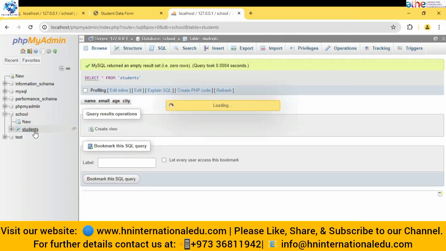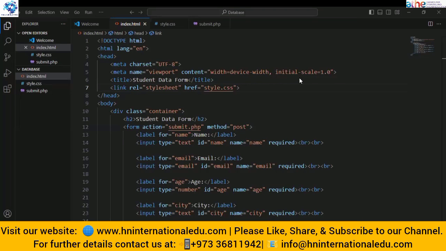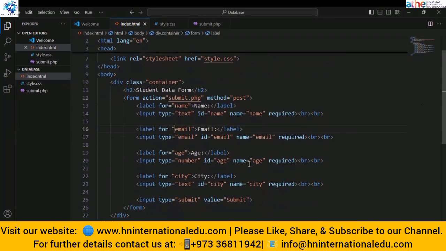Now, after that, we have to write code for it. So I have created a new folder. In the last lecture, I explained how you can write HTML and CSS. I told you in the lecture how we can create a form. So I have just created a form. In that we have a label. I told you that label is used to give a label. In the label we have name, input type text. We have learned all of these things in the last lecture. If you still have confusion with the code, let me know. If not, then we will directly go towards the code for our PHP.